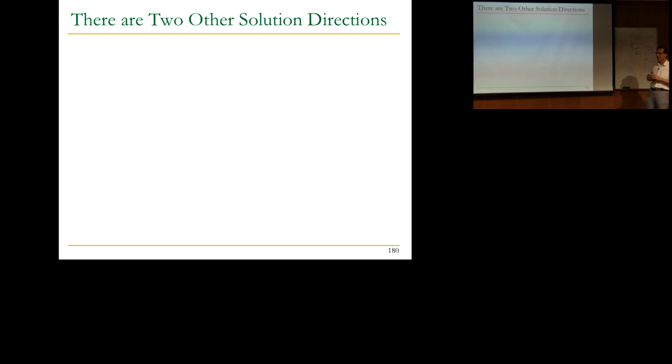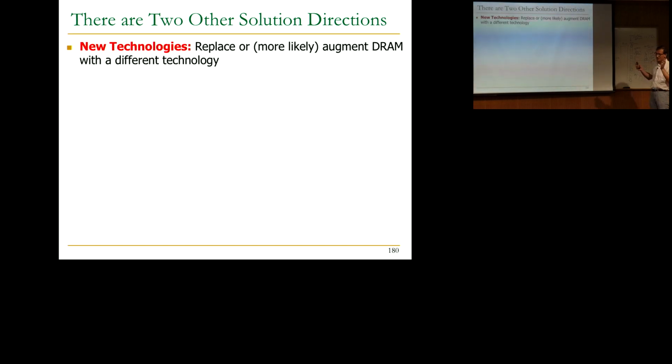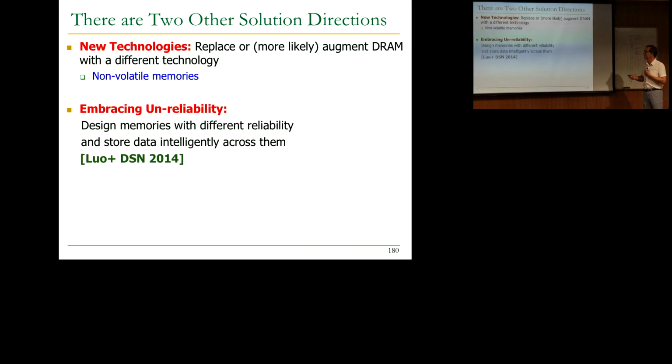Okay, and there's more work that I may describe, but I'm going to give you the choice before we conclude this particular part. So okay, I've talked about some solution directions, but there are 2 other solution directions, maybe to security also. One is new technologies. I'm not advocating this as the solution direction because all of the technologies have different problems as well. But if you can replace DRAM with a better technology, that would be nice. I'm not sure if this is going to happen. All of the technologies have their downsides.